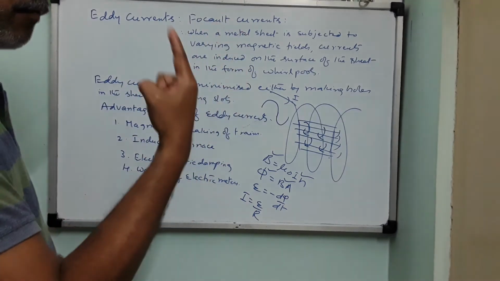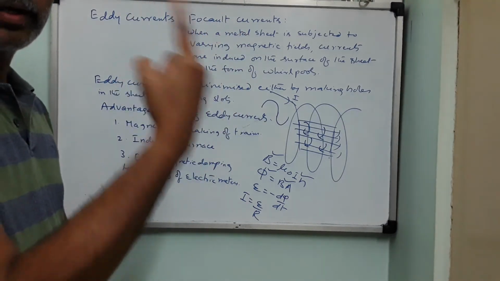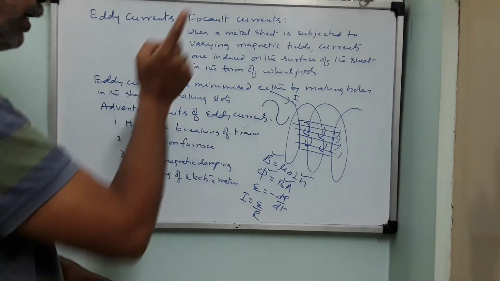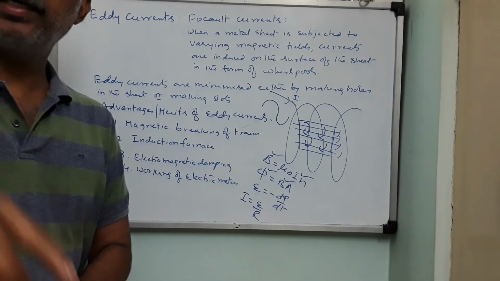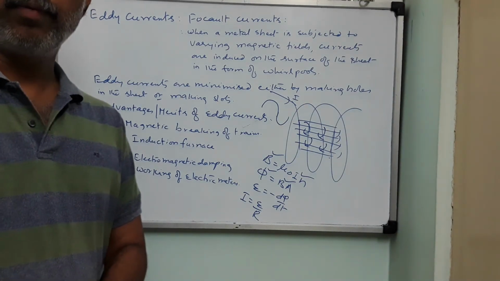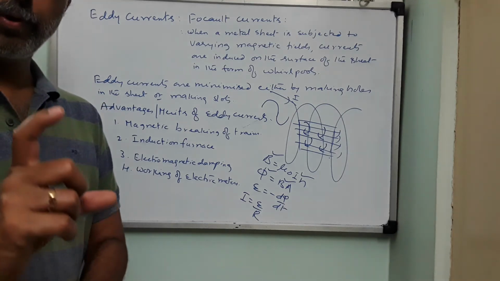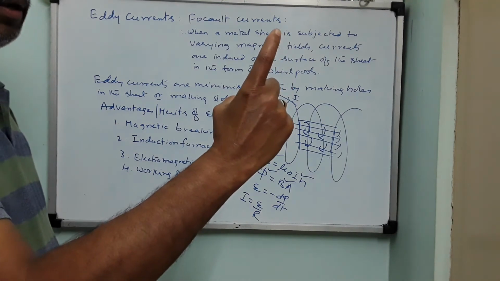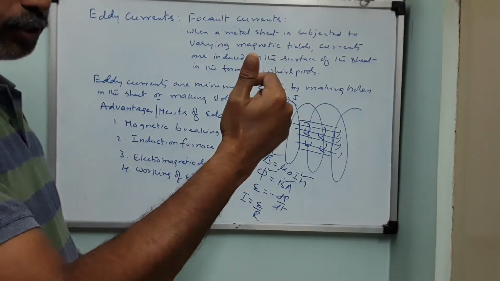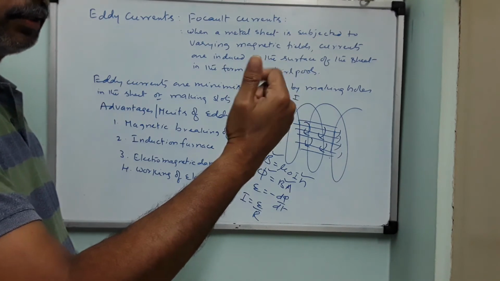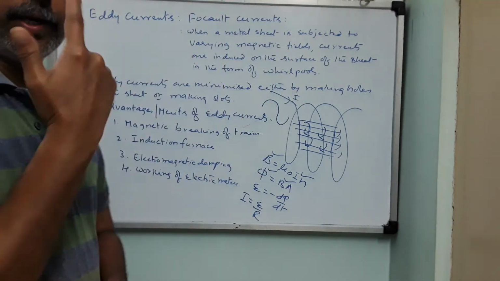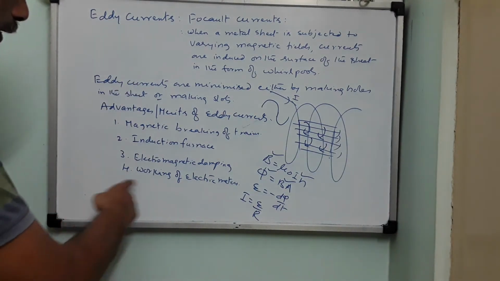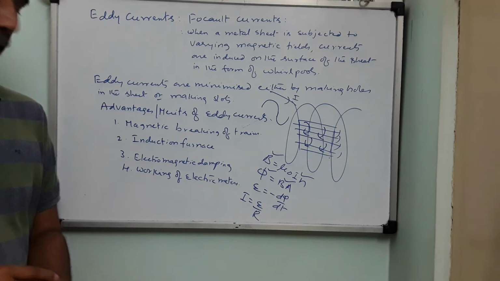So depending on the number of rotations of this disc, the units will be counted. So how does it work? It works because of these eddy currents only. The alternating current entering the meter will produce an alternating magnetic field, which will produce a torque on both sides of the disc. If one force pushes it like this, the other force pushes it like this. Because of this, the disc will be continuously rotating. So the disc in the electric meter rotates only because of eddy currents. That is called the working of the electric meter.